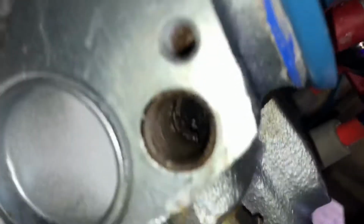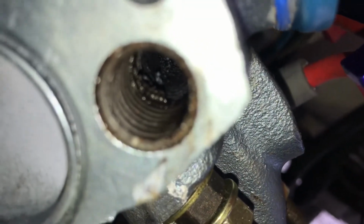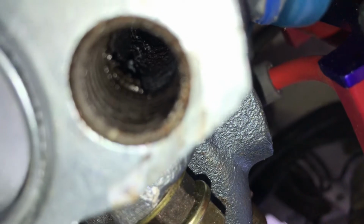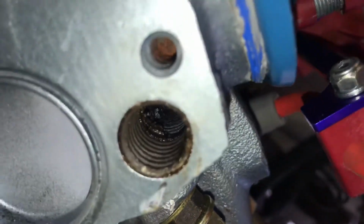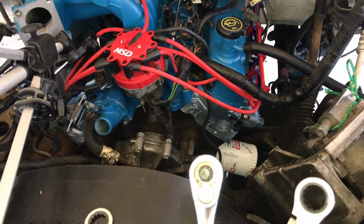So on the back of the engine, you'll have a hole that looks like that, except it's going to be full of garbage, and you can see down in there you get all the exhaust soot and grease and stuff like that, corrosion buildup. So to clean that out, you would need either a 5/8 by 11 tap, or you can do a little redneck engineering